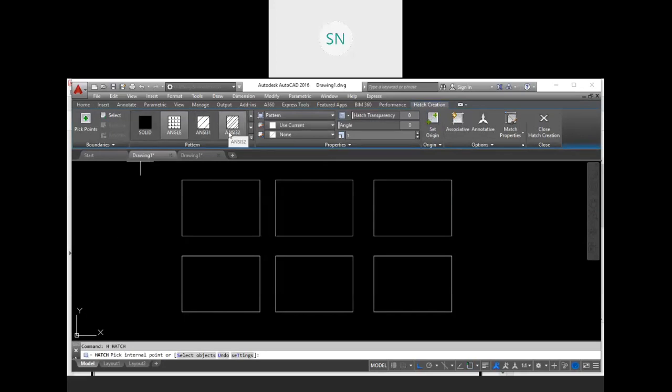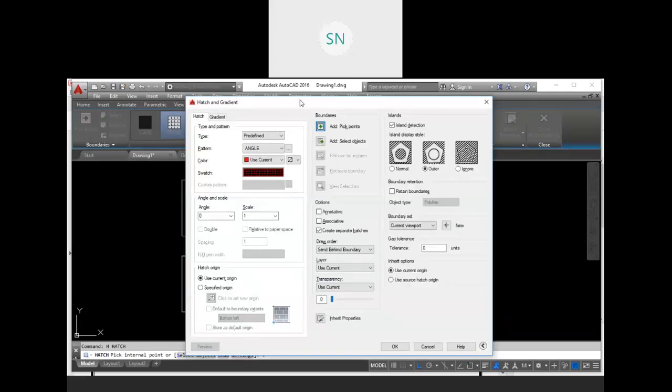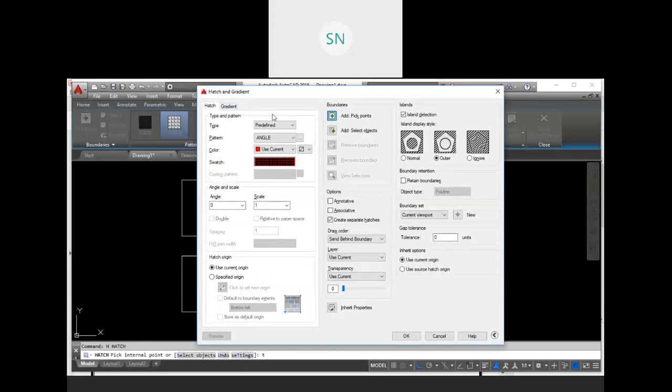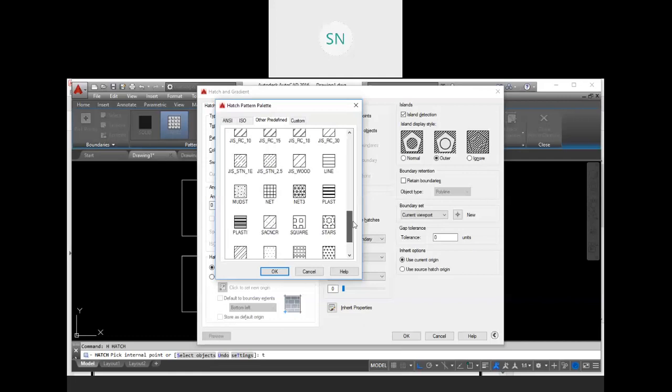But I generally prefer this setting, and for the setting we have the shortcut T. So type T, enter, and you will get all the options over here, Hatch and Gradient. So here we have pattern. So go to the pattern. We have all the types of patterns.